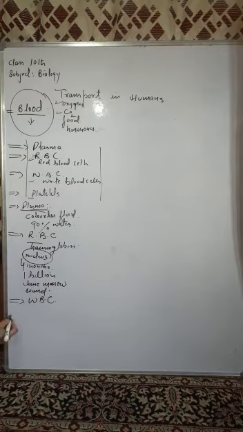The fourth component is platelets. What are these platelets? Platelets are special parts of cells which are synthesized in our bone marrow. Their main function is coagulation of blood. You might have observed, whenever we get a cut or a wound,